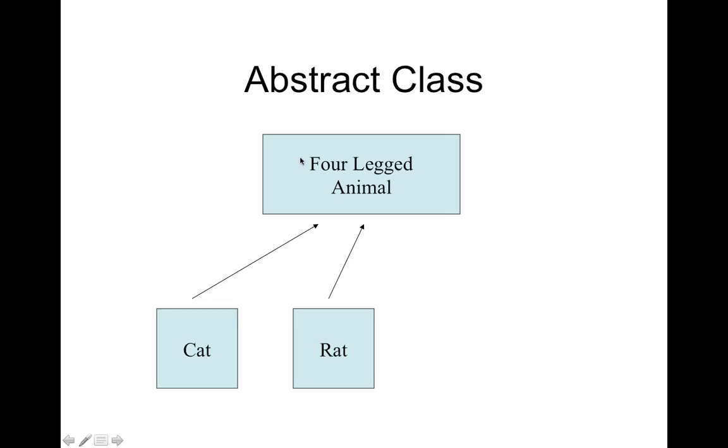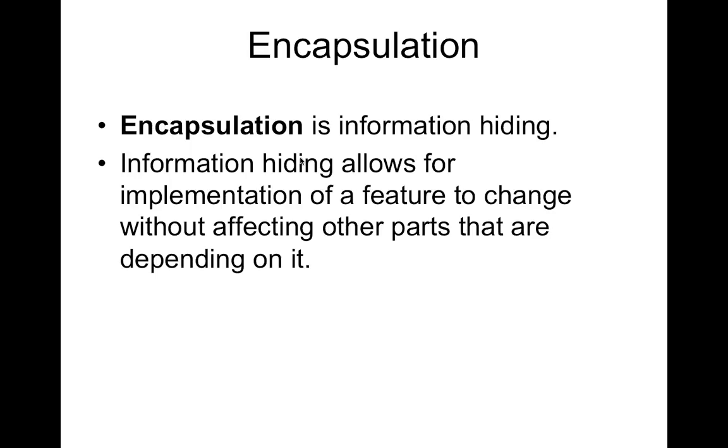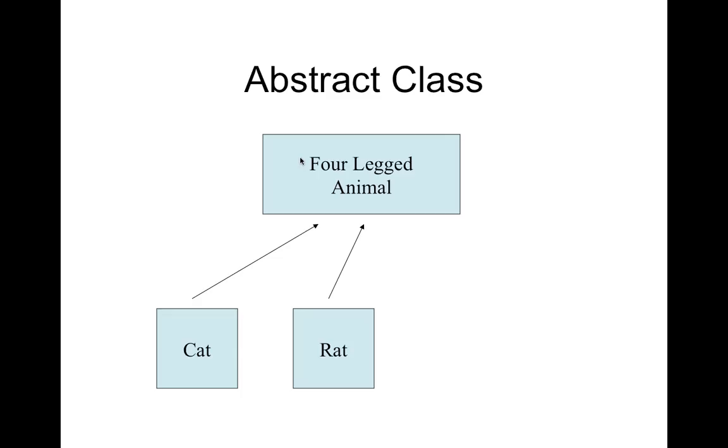Yes. Yeah. So, abstract class. Say for example, four-legged animal is an abstract class. We don't know, there are so many, right? Cat, rat, cow, buffalo, all this. So giving minimal details is called abstraction. Fine. So how do we define an abstract class? We'll talk about that once we see the examples. Public abstract class, something like that.